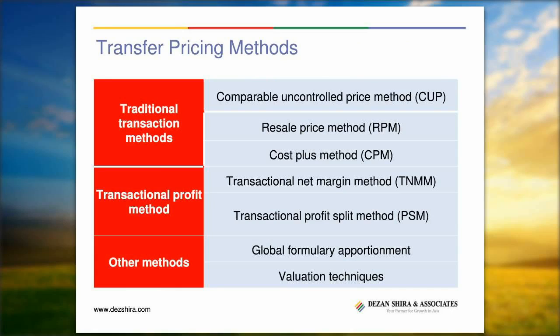Currently, in the field of transfer pricing, there are 5 major methodologies, which are the comparable uncontrolled price method, the resale price method, the cost plus method, the transactional net margin method, and the profit split method. The former 3 methodologies are jointly known as the traditional methods, while the latter 2 are known as the transactional profit methods. Additionally, there are other methods that follow a non-arm's length approach, such as global formulary apportionment and the valuation techniques. First, the CUP method compares the price charged for property or services transferred in a controlled transaction